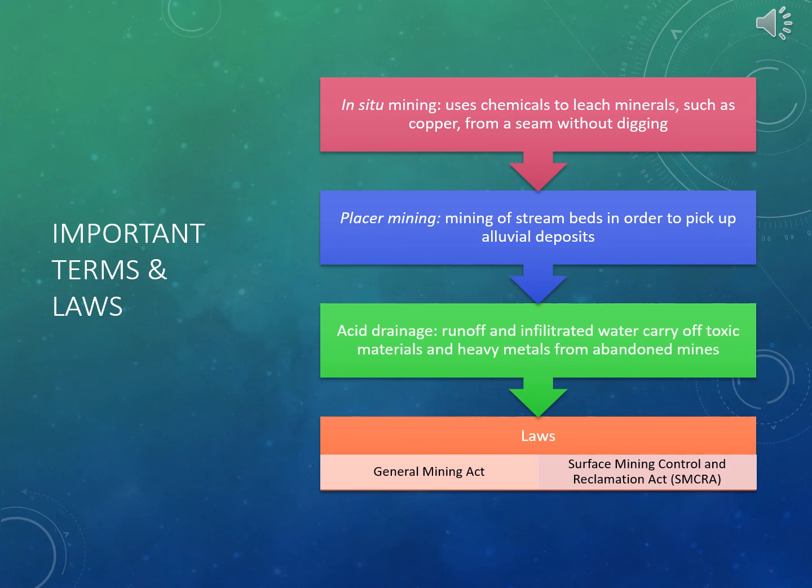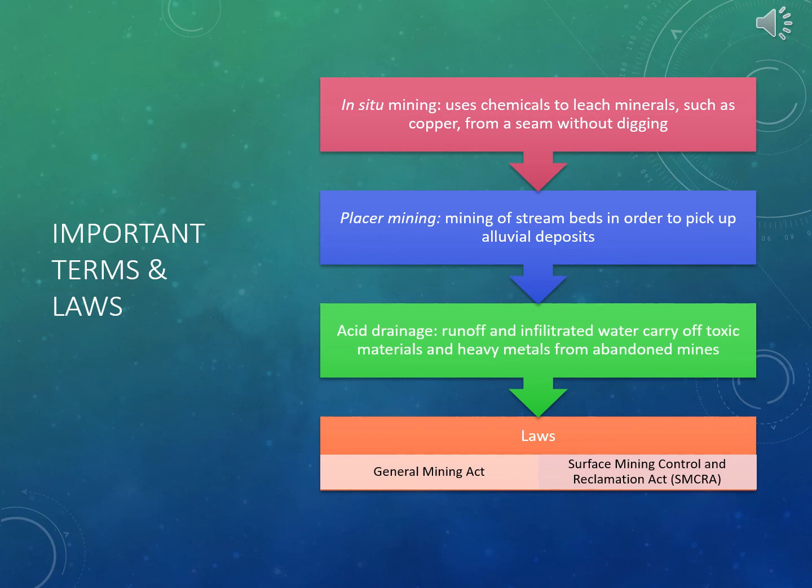We have in situ mining, which uses chemicals to leach minerals like copper from a seam without digging them. Placer mining is very similar, except you're mining stream beds in order to pick up alluvial deposits. Placer mining is very similar to the idea of panning that you may see in old movies. The thing we have here with placer mining is that it's more mechanized than what you would see in the